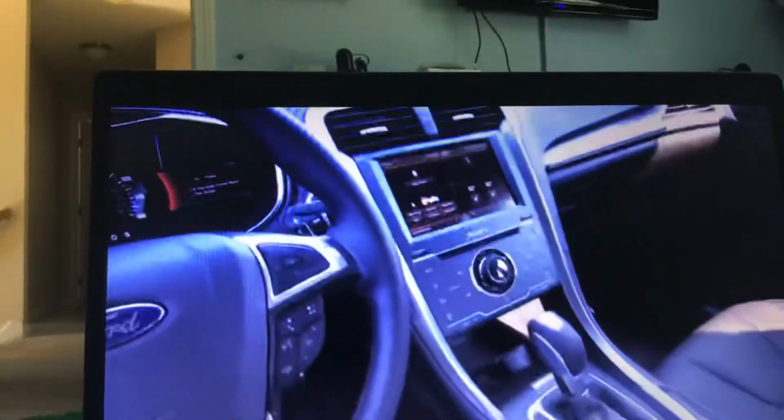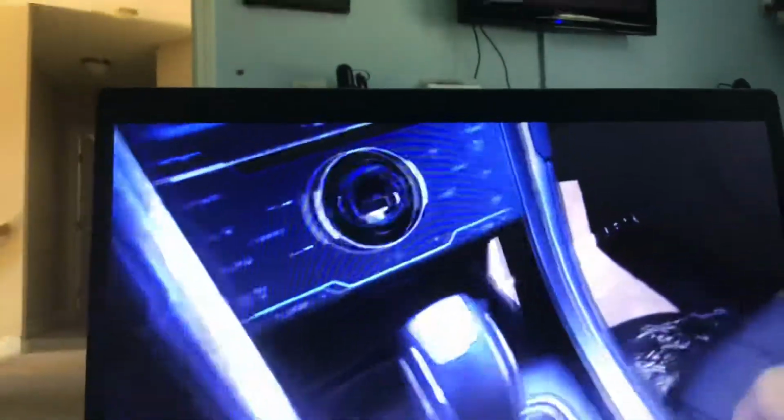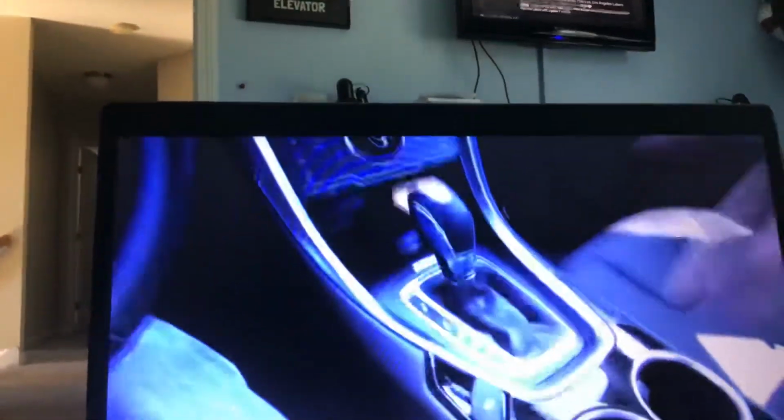As you come down the flowing center console, it almost gives a floating console effect. This is all open down here and creates a nice little pass-through. There's a little bit of storage down there, as well as a 12-volt power outlet. A unique design element: electronic parking brake. Pull up to activate; put your foot on the brake and push down to